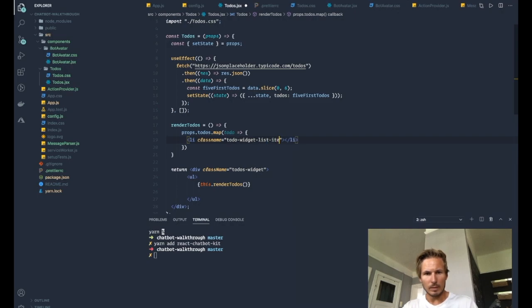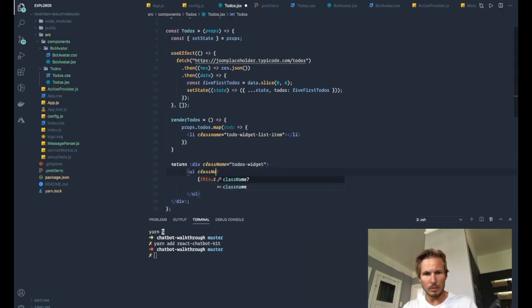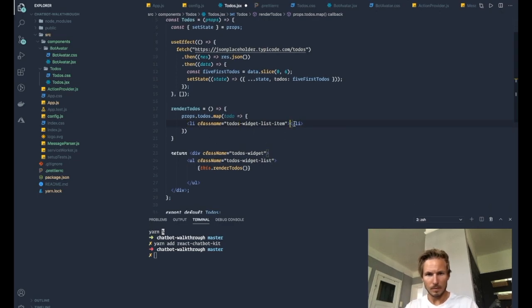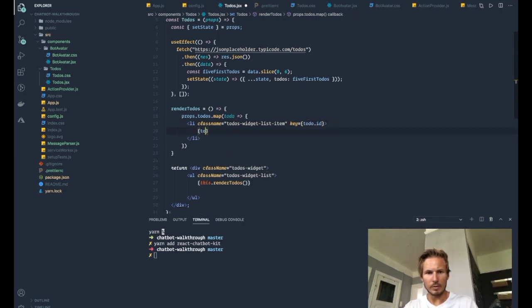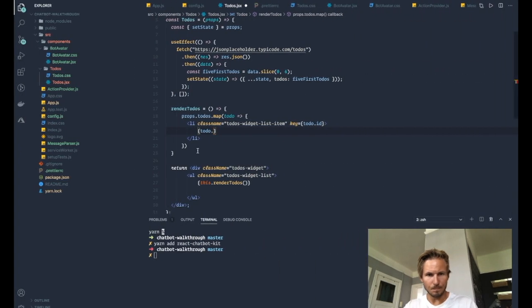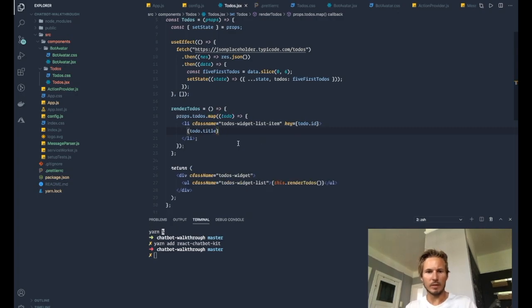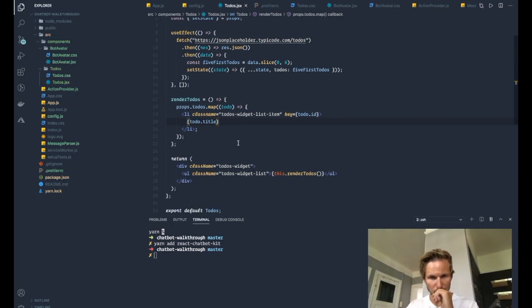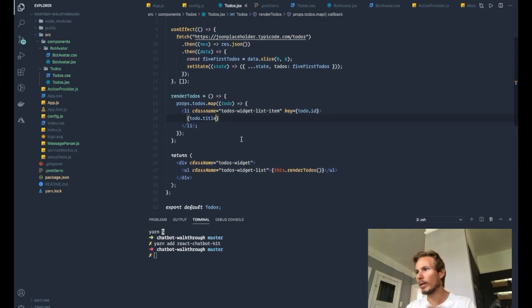list item, and this is going to be todos-widget-list. And then we're going to give this the key of todo.id, and we're going to say todo, and let's go back and check the title, and we're going to say todo.title inside of there. So now if we go back to our